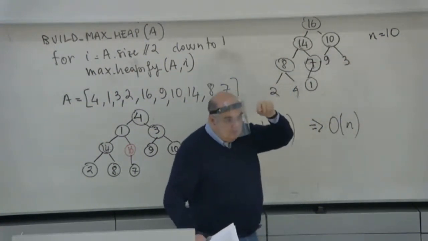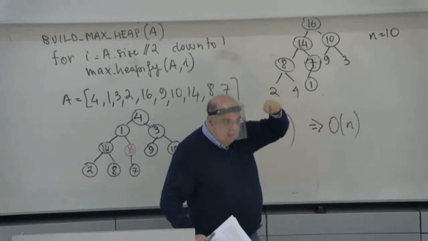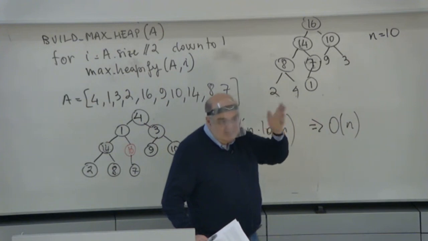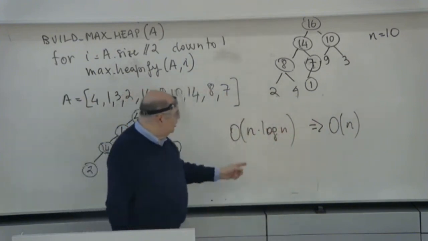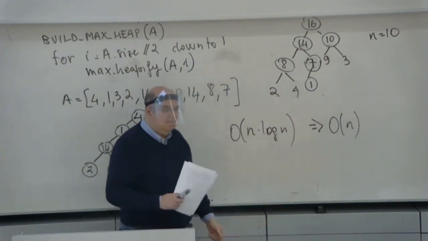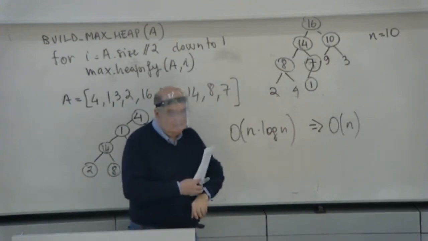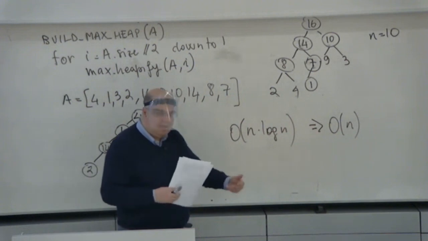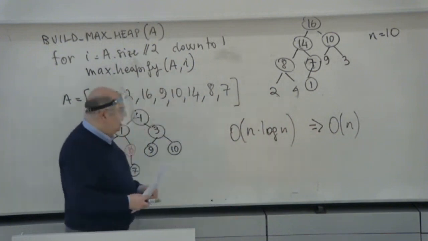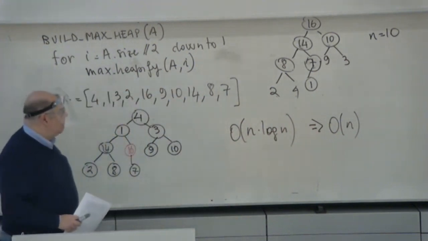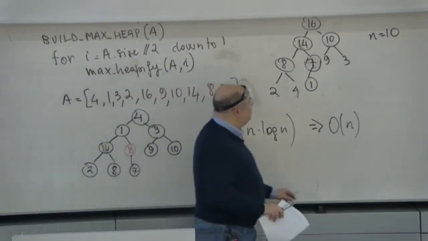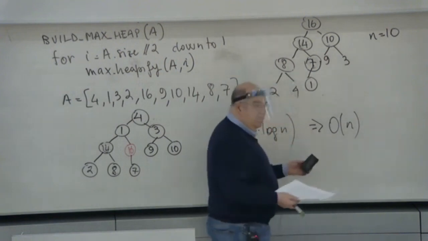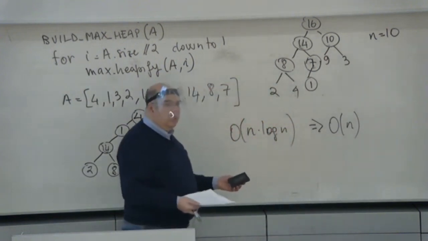So the number of nodes decreases with kind of a power, say, below. And so the series actually converges. That's essentially the reason why you get a constant instead of getting log n. But anyway, as I said, these are mathematical details, and they require some time. So I want to go instead to the explanation of the heap sort algorithm, which is actually based on this, because once you have a heap,